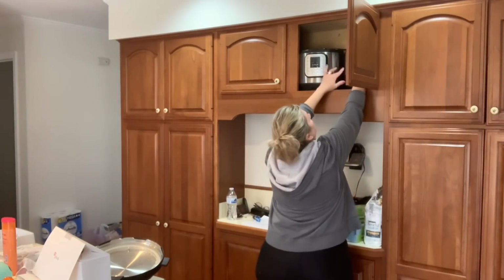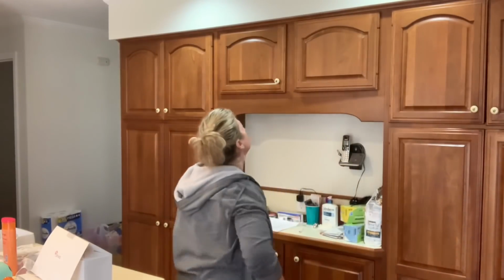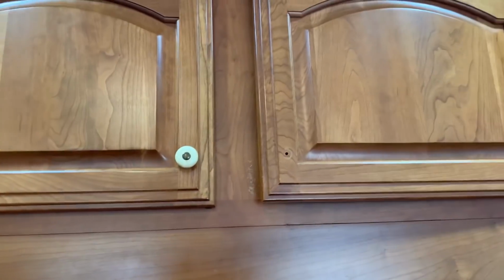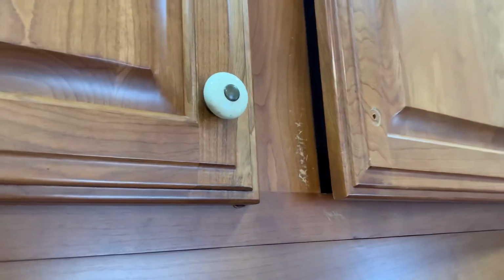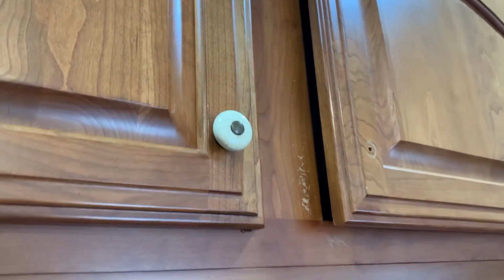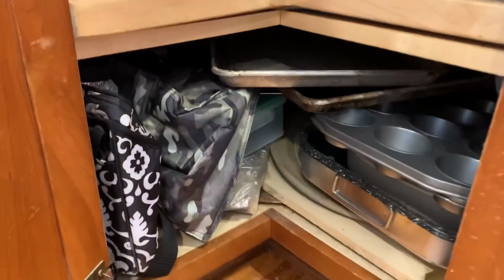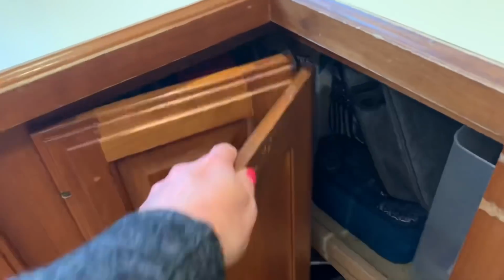And the dang door will not close all the way. It doesn't really look like it's closed, but you can see right there. It's not actually closed all the way. All right, let's take our trip down memory lane real quick and look at the state of my cupboards before